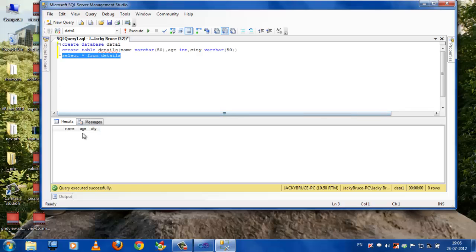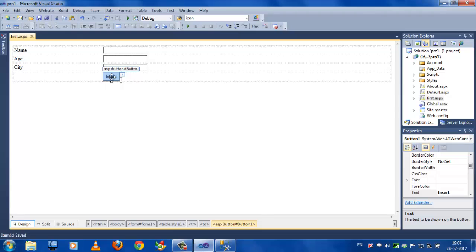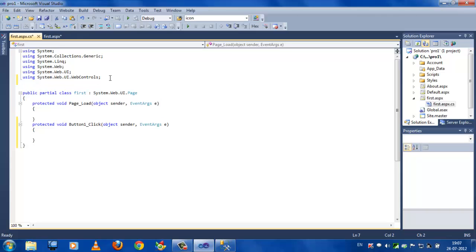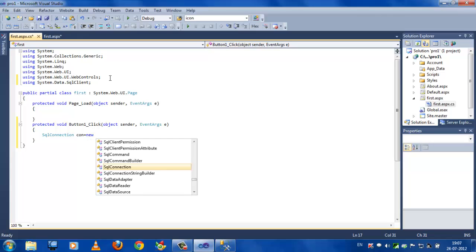Okay, we are going to insert the data from the page itself. And now we are going to open Microsoft Visual Studio, and we have to write the coding in the insert button, and now we have to create a connection. As we have to have a namespace before that, as using System.Data.SqlClient. That's to use a connection in databases. We have to add this namespace, and here write SqlConnection. You create an object for connection as a new SqlConnection,